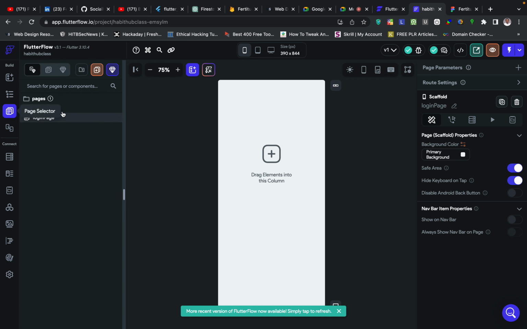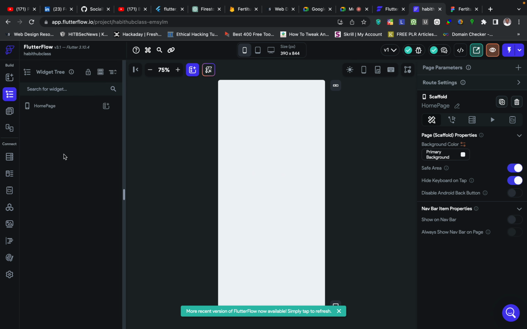Now the page that we want to work on is the home page here, the initial page that was created when we created the app. If you come here, this is where you see all of the widget tree. Currently we have nothing inside of this place. So now the reason why